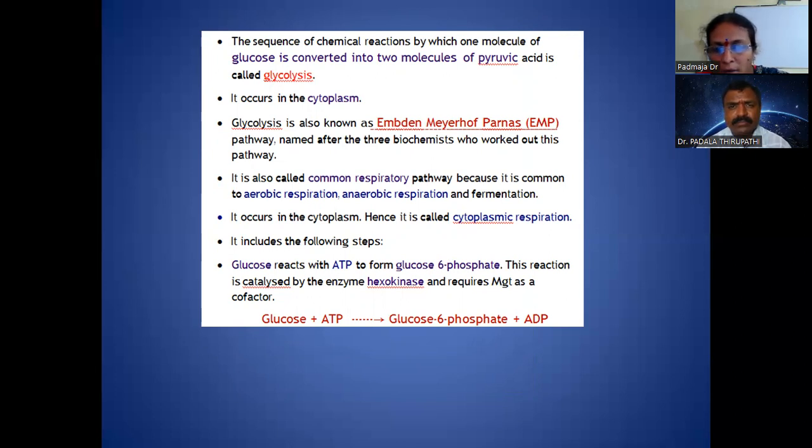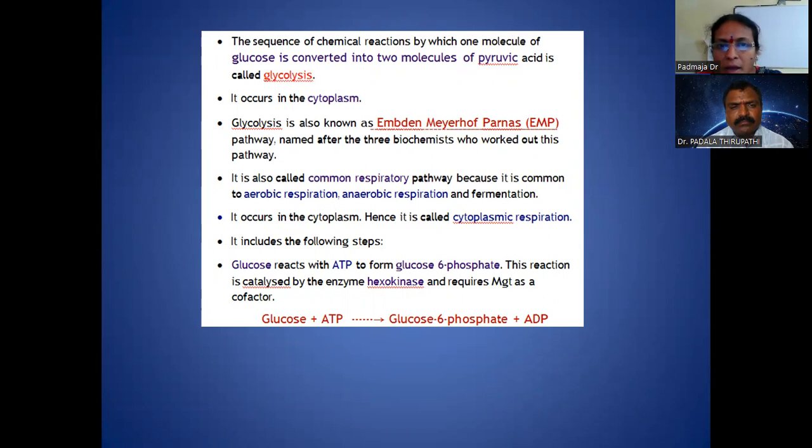So in a detailed study, we learn that glucose reacts with ATP to form glucose 6-phosphate. This reaction is catalyzed by the enzyme hexokinase, and this requires magnesium as a cofactor. So the glucose, by taking the ATP in the presence of the enzyme hexokinase, is giving rise to glucose 6-phosphate and